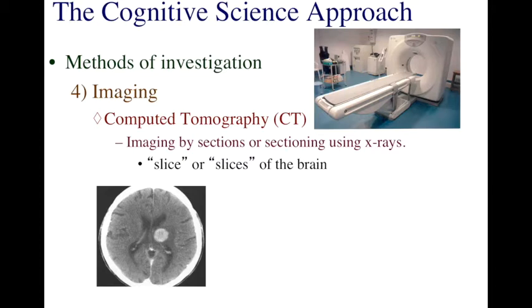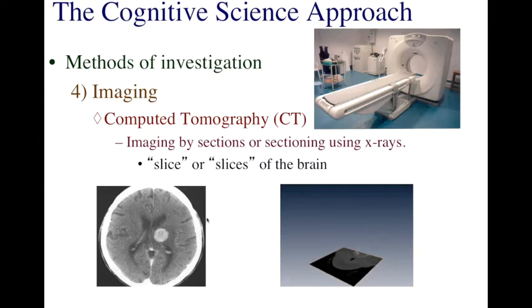This is a horizontal slice, and you can see this large area in here. Medical professionals often use this technique to try to discover tumors. This is in fact a brain tumor in this patient. If you take enough of these slices, you can fit them together to form a 3D image. So in this figure here, we have all of these multiple horizontal slices that can be put together using a computer program to come up with a three-dimensional model.